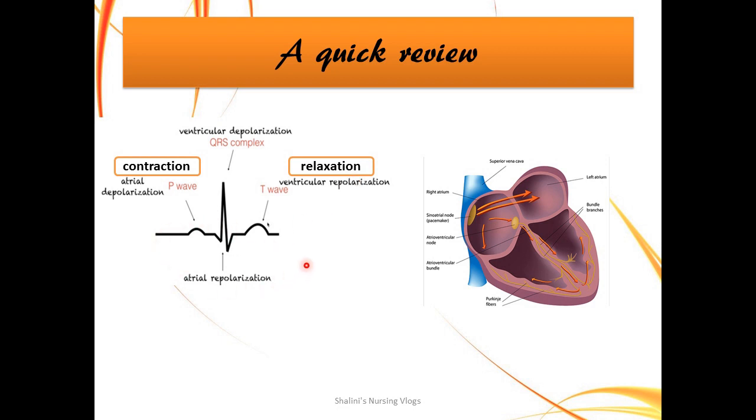Now in this picture, it is difficult to elicit where the atrial repolarization is. On an ECG strip, it is believed to occur somewhere between the P wave and the QRS complex. Now, the point I want to emphasize here is, if there is an issue with your P wave on the ECG strip, then you have to immediately think of some issue with the atria. If there is a problem with the QRS complex on your ECG strip, that means there is a broadening of the QRS wave or a narrowing of the complex, then you have to think of some issue with the